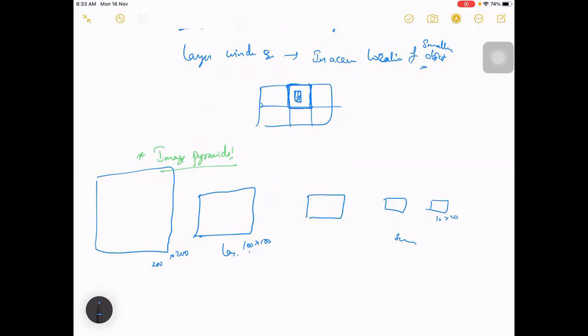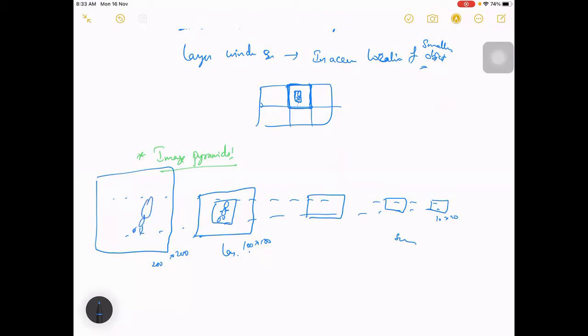So here what you do is, in case you have an object, you fix the window size, and the same window size you apply across all the sizes. What you are able to see here is, if it is a smaller object and you zoom it bigger, it will become big, right?